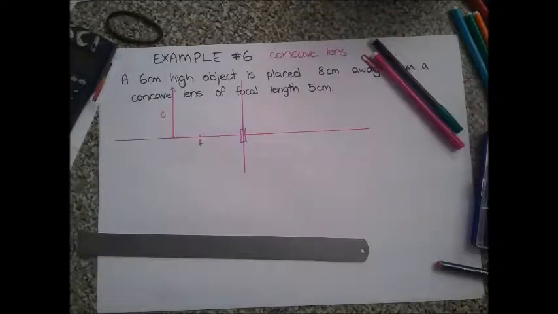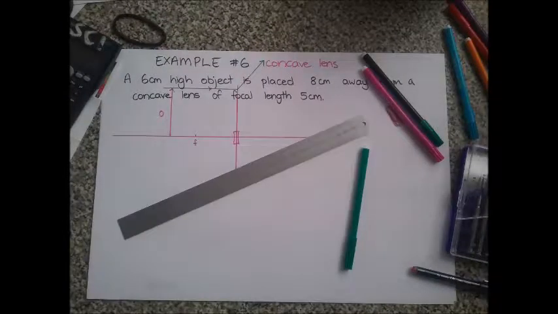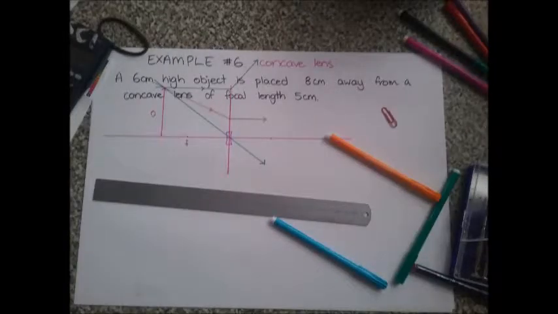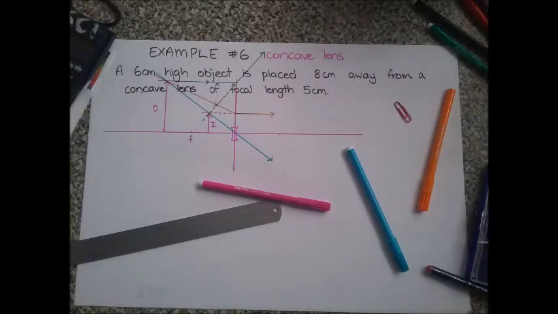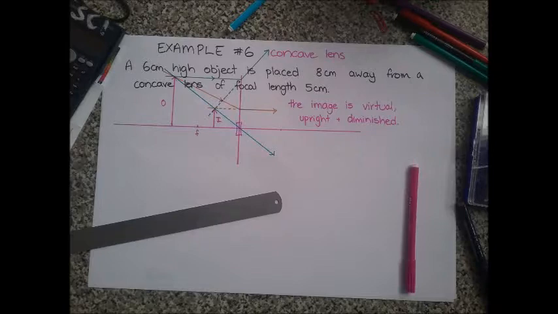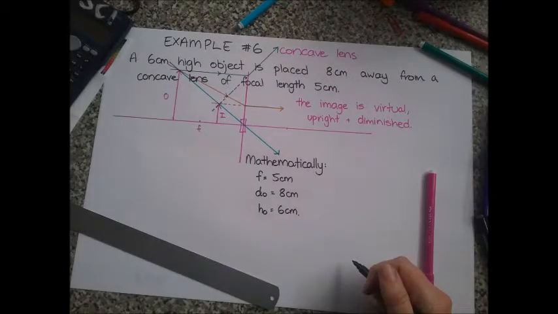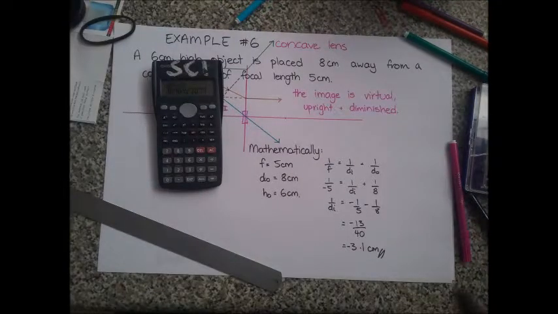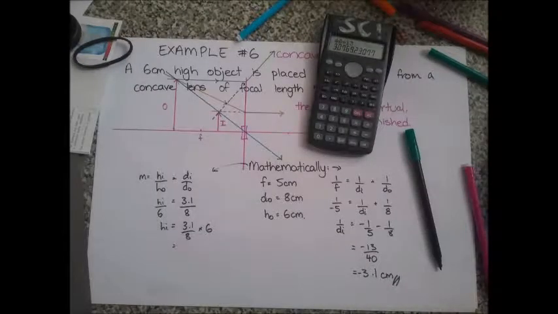And our last one with a concave lens, you can see that this time it's coming from the focal point that's behind the lens. It's diverging. And we use those backward extensions, and you can see where the image forms. When we solve that mathematically, this time remember f is going to be negative, and we put that -5 in there and we find out where it is. And this image is virtual as well,